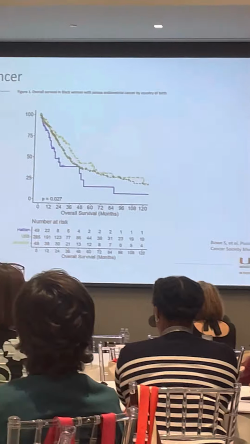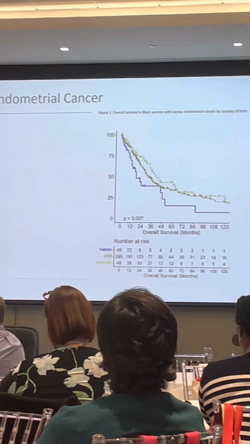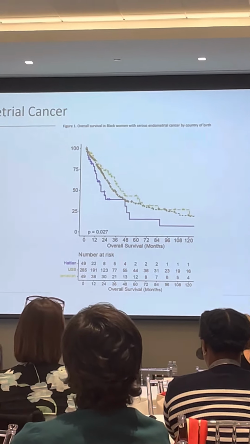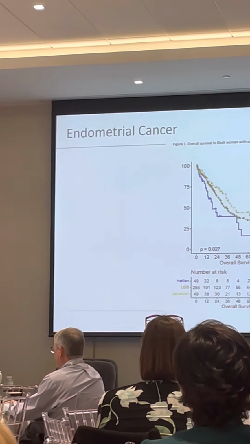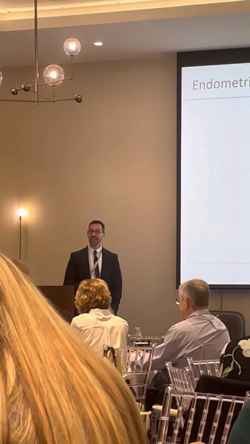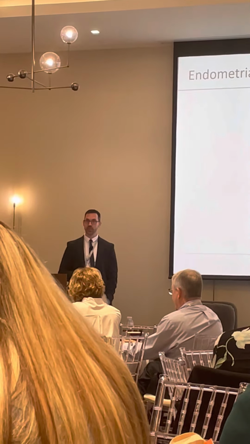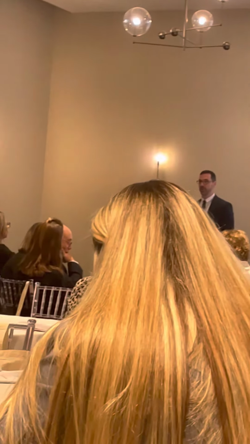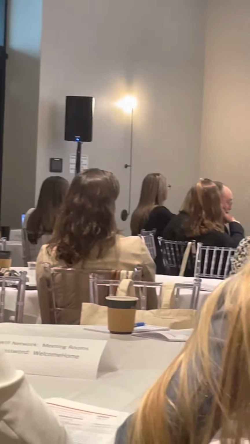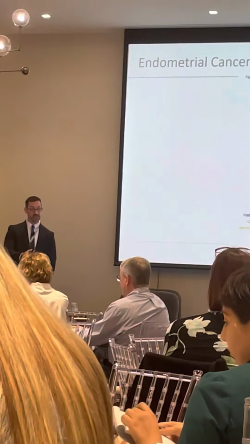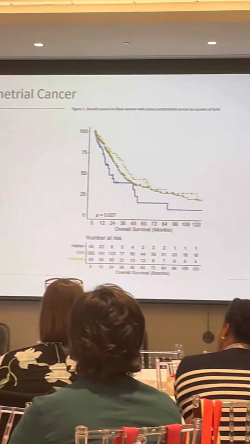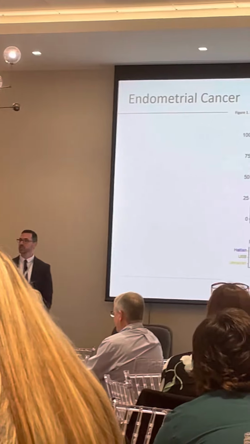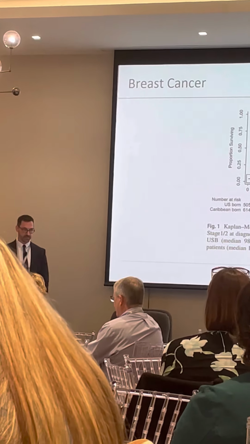We looked very recently at country of birth and outcomes for endometrial cancer, and what you can see here is that relative to US-born Black women, Jamaican women have an overall survival advantage, but Haitian-born Black women have a worse overall survival. Now, when we get into these things, like Dr. Pinheiro had mentioned, there's a number of factors that may go into this. But it really calls to mind, are we looking at a tumor biology or treatment response issue, or are we looking at other, more intangible variables like family structure, access to care, socioeconomic status, transportation, things like that?